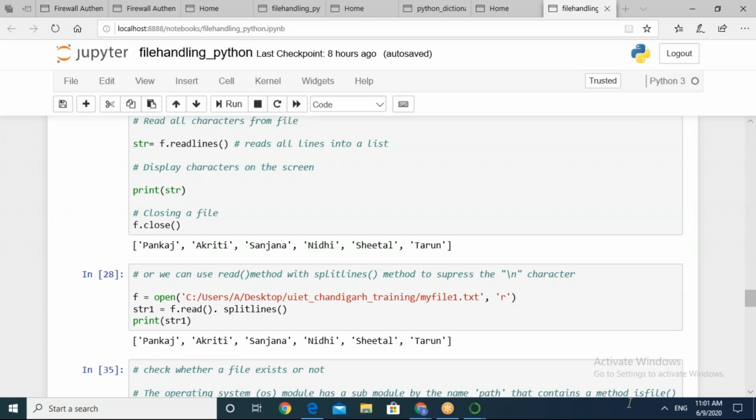Now there is a small assignment for all of you. I hope that till now, whatever methods we have done, you have gone through them very well. So the assignment is to create a file.